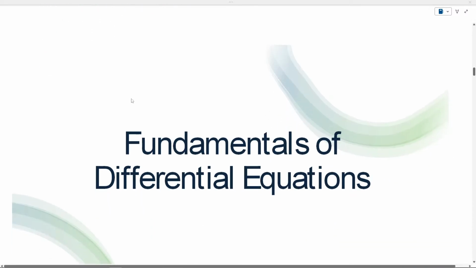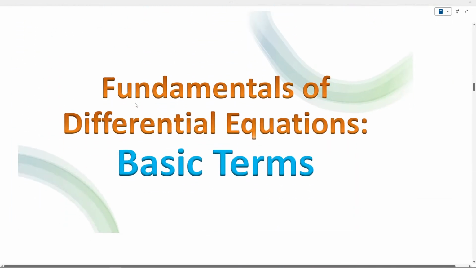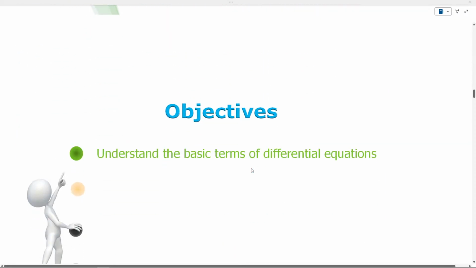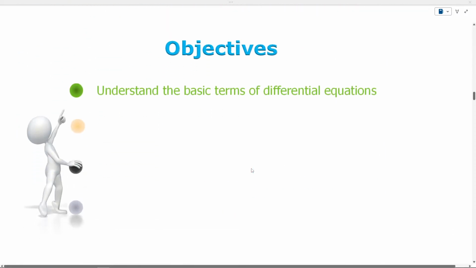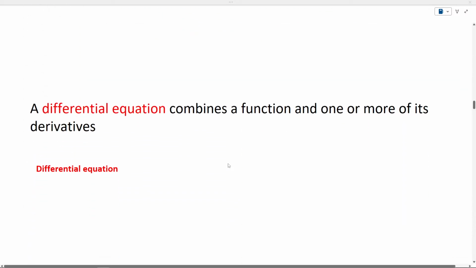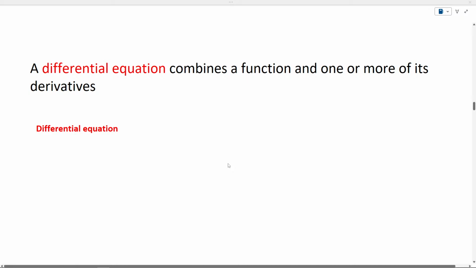So let's start with lesson one, the fundamentals of differential equations, and we start this by doing basic terms. In this part, we will understand basic terms of a differential equation, like what is the order of a differential equation, what is a linear versus non-linear differential equation, what is a homogeneous versus non-homogeneous differential equation, what's the difference between an ordinary and partial differential equation, and more importantly, what is a differential equation? So a differential equation